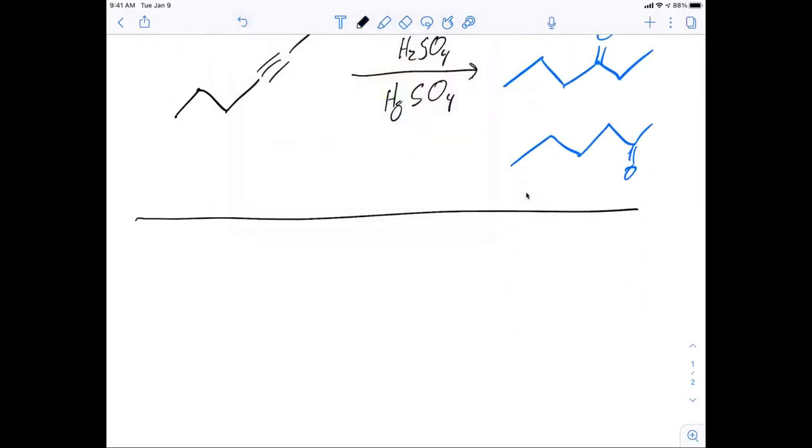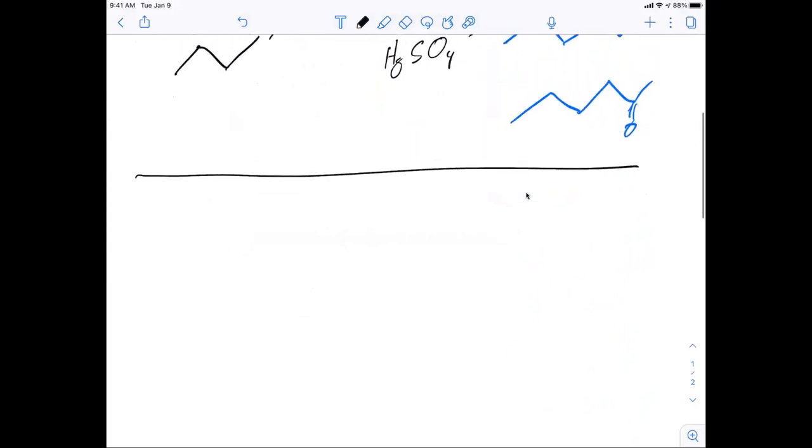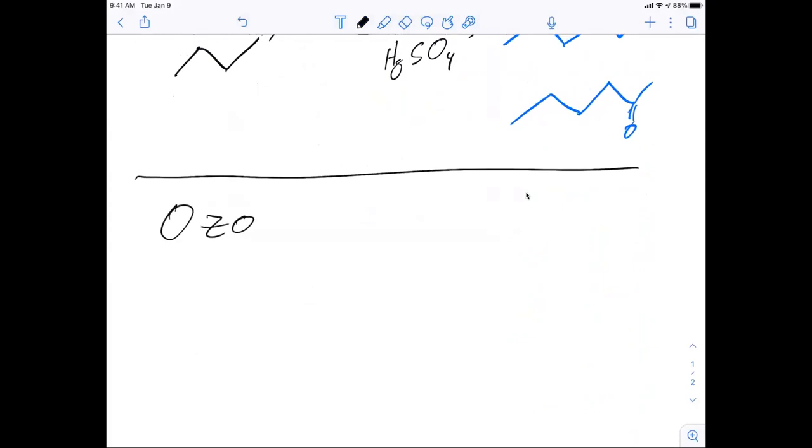Okay, so there were a couple of other reactions that I forgot about, and that's one of the reasons that we ended class. So I knew there were a couple of reactions I had forgotten about. One was ozonolysis. Right, so ozonolysis, here we have